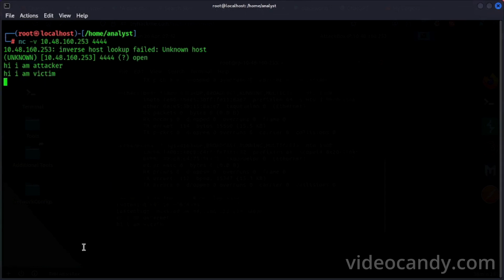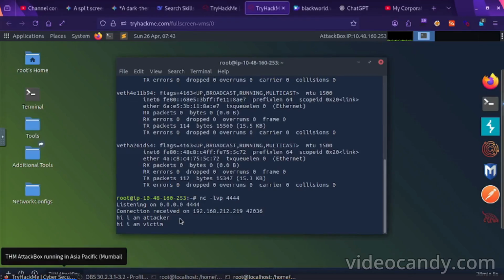So here we can see both messages. This is a simple messenger for hackers, and we have covered this.